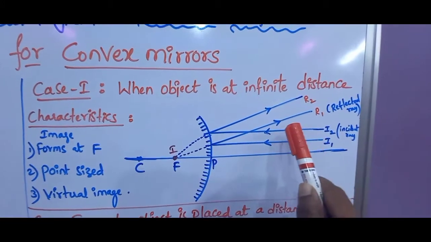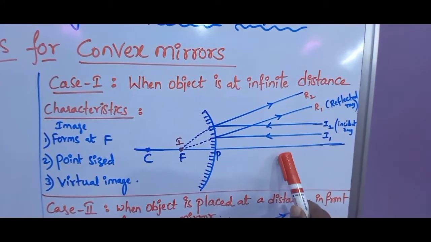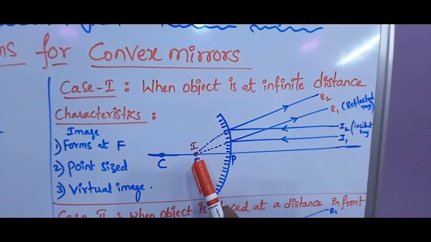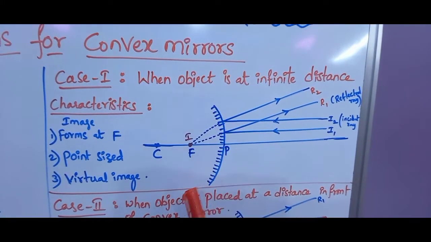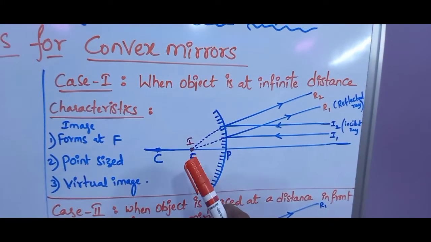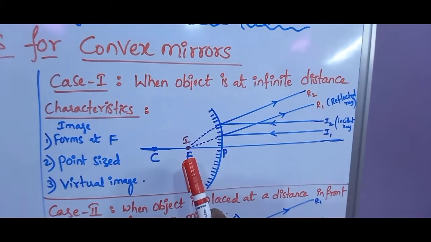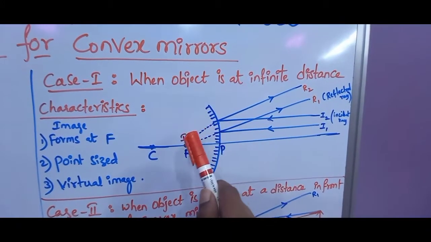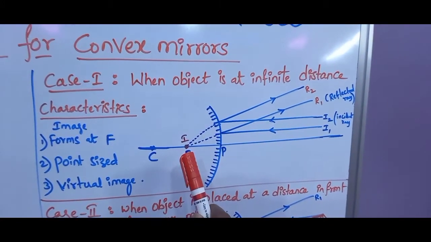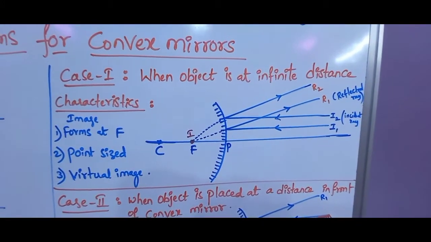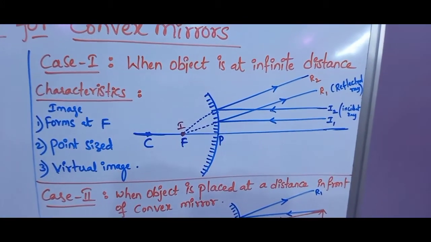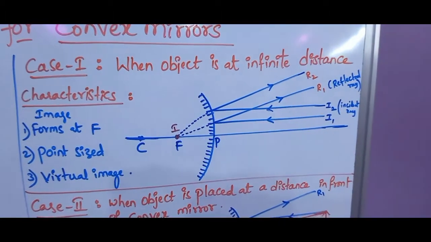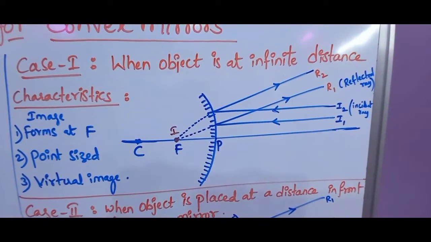Okay, so the incident rays which are parallel to the principal axis, on reflecting from the convex mirror, will reflect as if they started from the focal point. When we look into the mirror, we can see that inside the mirror, somewhere from the focal point, the reflected rays appear to have started. Okay, when these reflected rays are extended backwards, such 2 rays appear to meet at a point called the focal point, as if they are coming from the focal point.